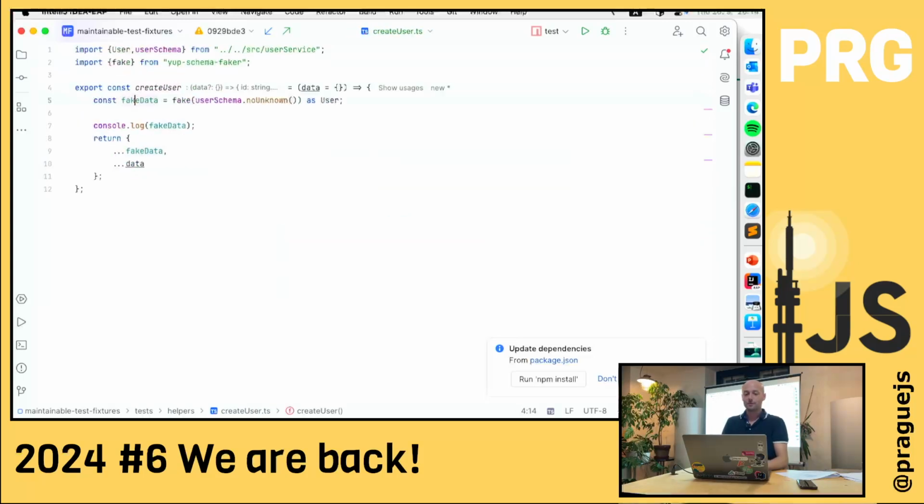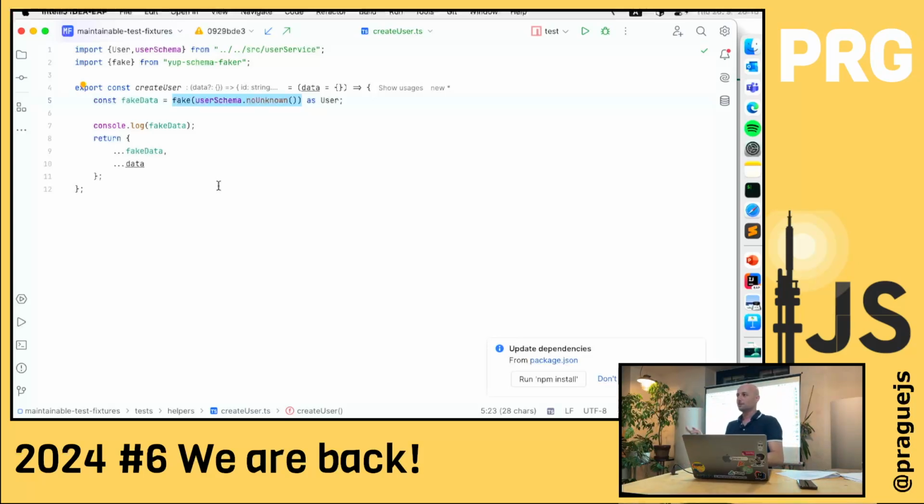So what I did now, I am not maintaining the fake inputs anymore. I'm using schema definitions, which I use in the production code, and I only use this fake method and tell it, okay, all the objects, all the properties, just fill them with some random values and give them to me.